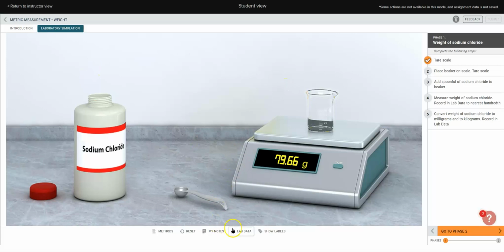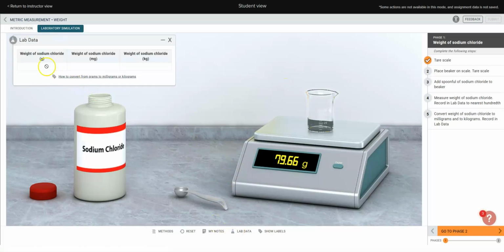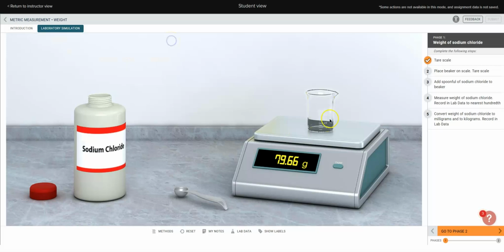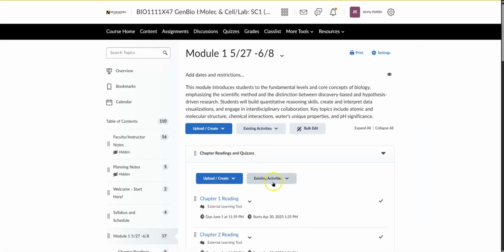Same thing. So if you look at the lab data, this is where you can enter your information. So that way, it will give you feedback on it and different things like that. So going back into the module,